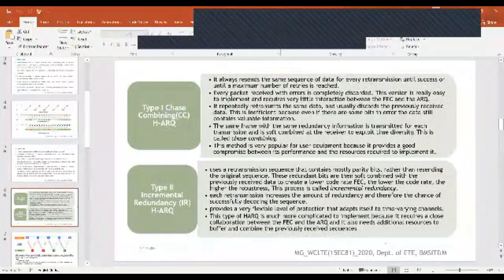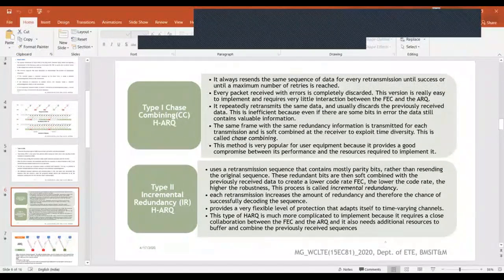As I said, FEC is a channel coding technique which is implemented in the physical layer. ARQ is an error detection technique, which is used in the link layer. So little interaction is required between FEC and ARQ in this type. So as I said, it repeatedly